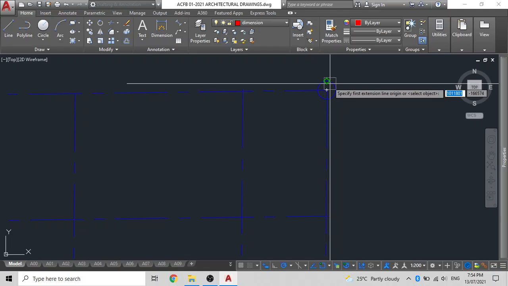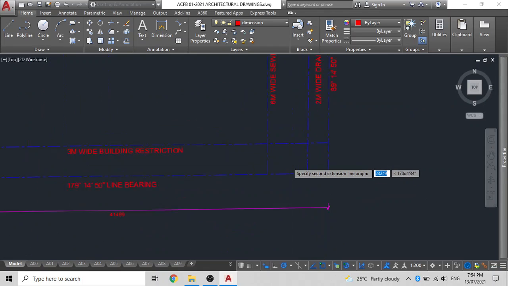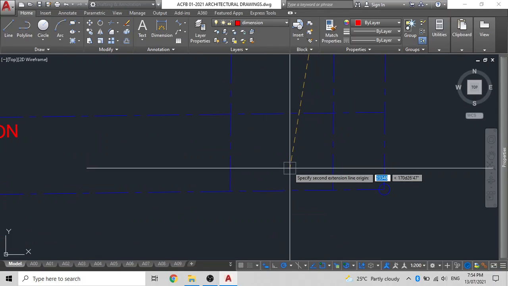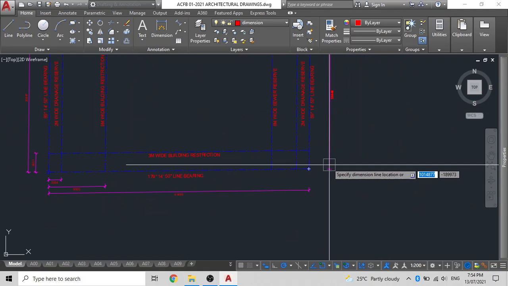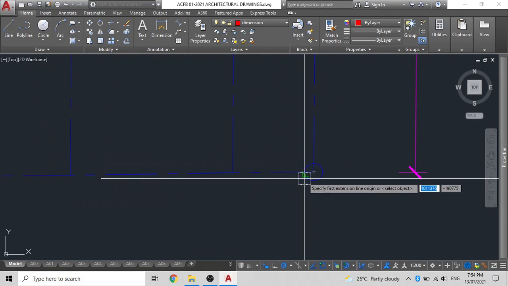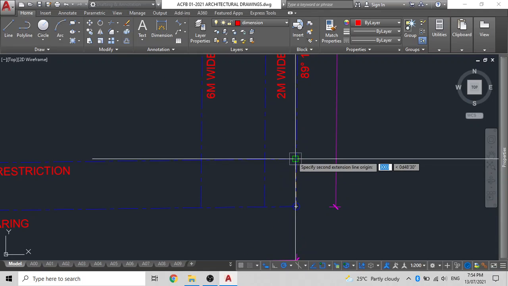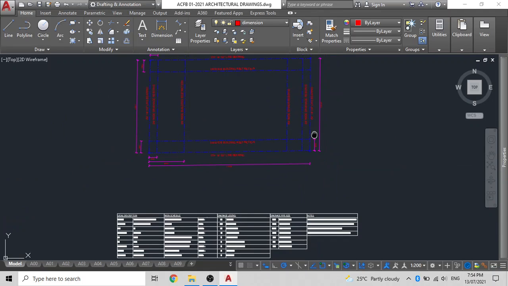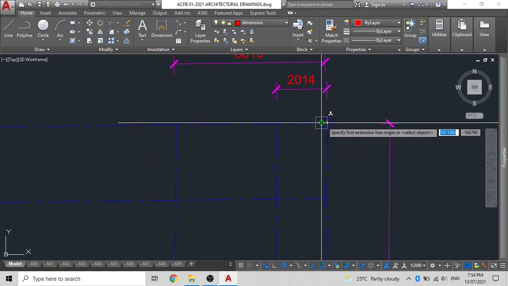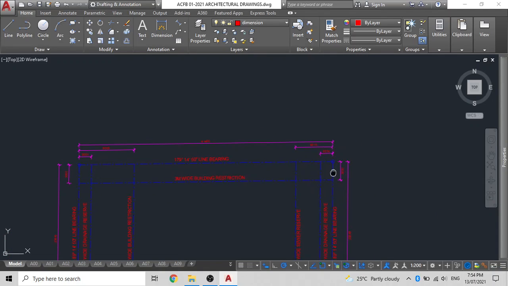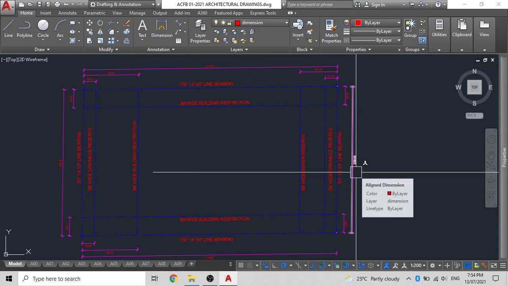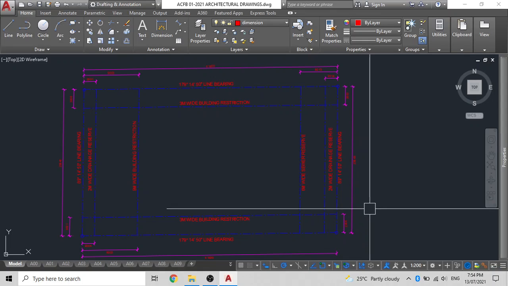And then similarly, you can do the same for the rear boundary line. Now this video is going to be long enough anyway, so I'll be doing a part 2 of the video. Hope you have enjoyed and understood how to draw a site plan and how to actually insert the lines at an angle. Now it might be a bit confusing for first time users, but once you actually get used to it, it will become very easy for you.